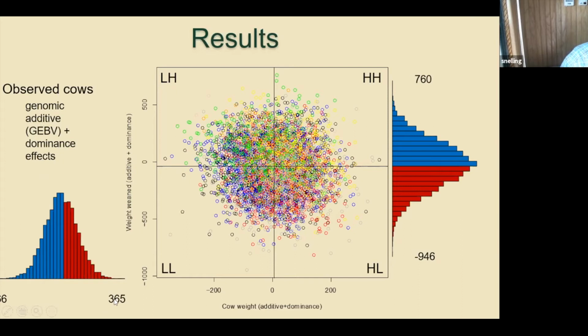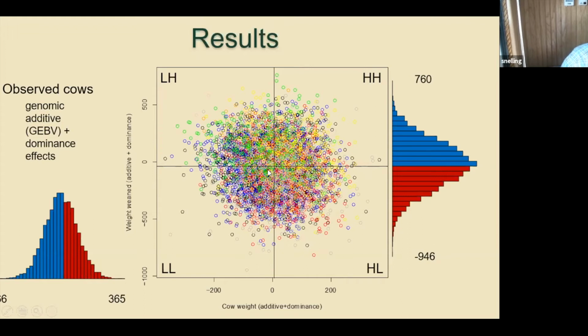There's a little over 700-pound difference in 8-year-old cow weight, and 1,700-pound difference in weight weaned. And the scatter plot is color coded by breed. And from this, all breeds are contributing. There's a lot of overlap among breeds,